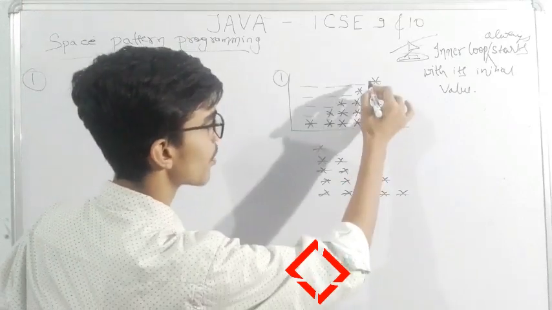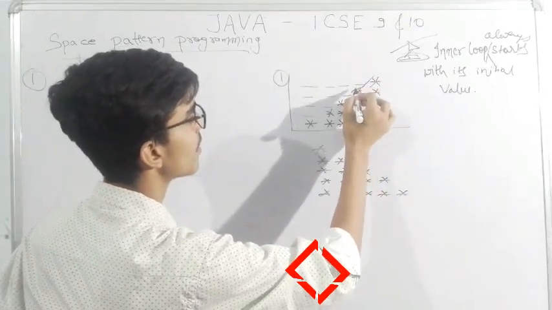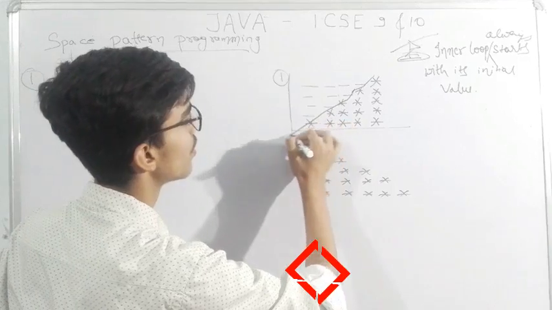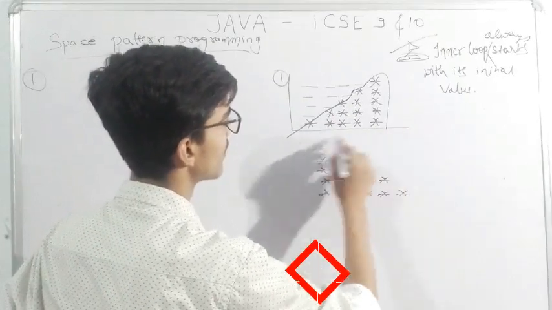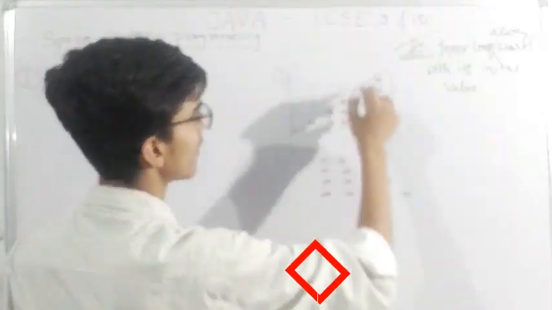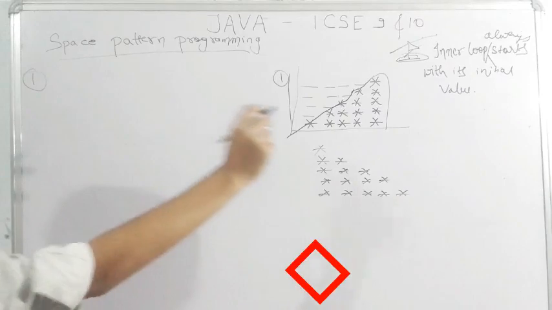So we will divide the program into two parts. As you can see here, this is one part and this is another part. So for this we'll write